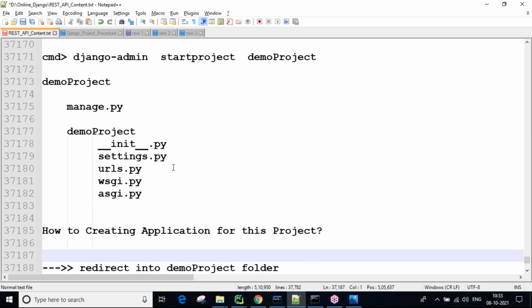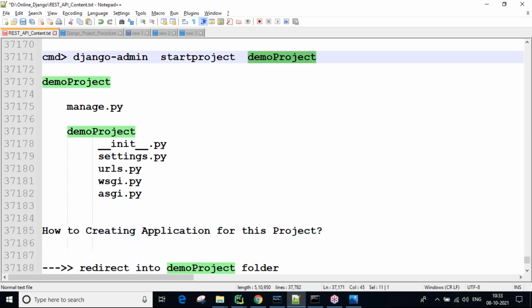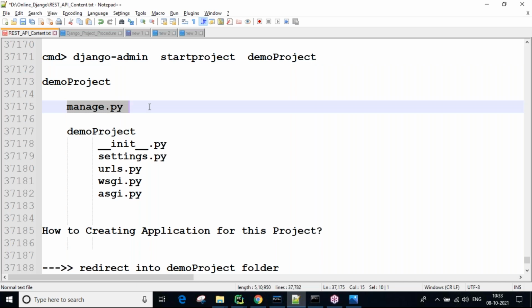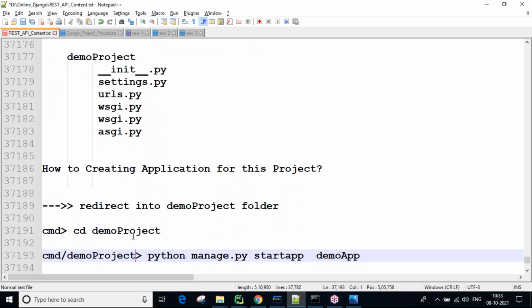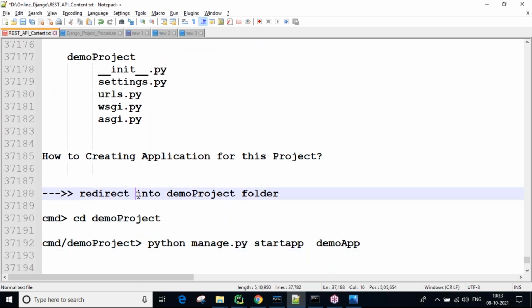After creating this demo project, next we can create an application for it. The responsible file for creating the Django application is manage.py. That's why we need to go into the demo project folder, where we get the manage.py file.